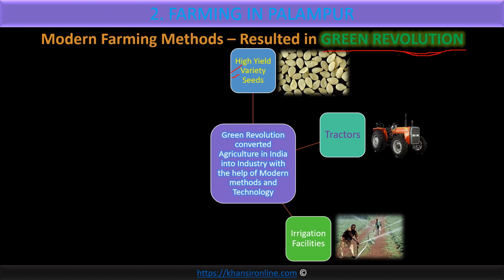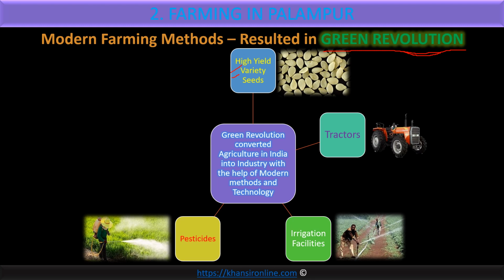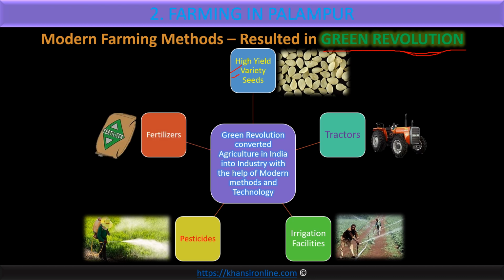Then you need irrigation. Irrigation means water is needed for agriculture. We saw earlier that even traditional farming needs irrigation, but modern farming needs lots of irrigation. We'll focus on that. Then we need pesticides. What are pesticides? Insects attack your crop, they start eating your crop and spoil it. To protect your crop from pests or insects, we need to spray poison on the plants, so that if the insects and germs attack the crop, they would die and the crop remains intact. Good. Those are pesticides.